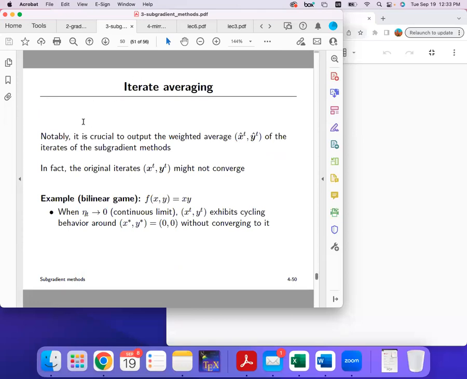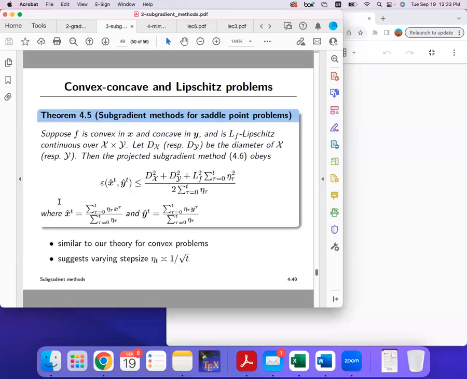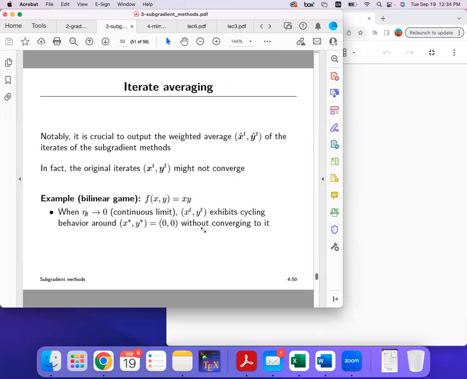And here, the special thing is that we are looking at these weighted average points. This means if you run this algorithm for t iterations, you will have x1, x2, x3, up to xt. And then we look at the weighted average of these points, not the last iterate. And it turns out that this is very crucial. It is crucial to output the weighted average instead of the last iterate, because if we look at the original iterates, this x_t, y_t,